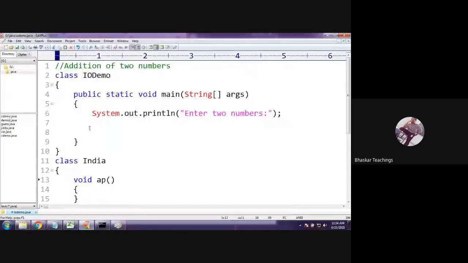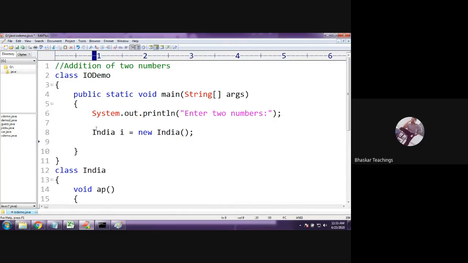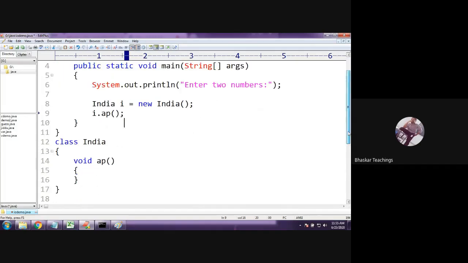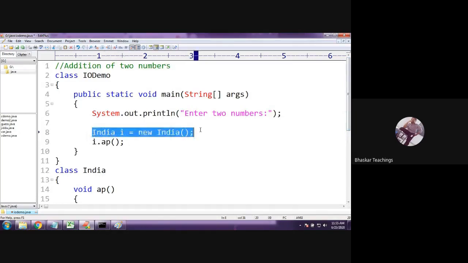Now if I create an object for this India class, India i = new India, I can call the method AP, which belongs to the India class, on the object i. Yes, this is valid. We all know that if you want to access an instance method of any class, first you need to create an object for that class, and on that object you call the methods.